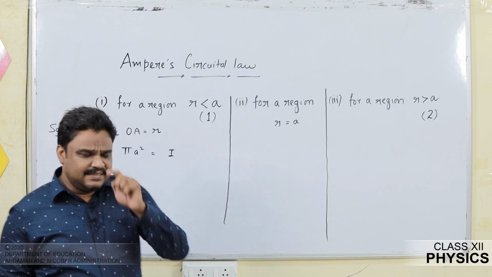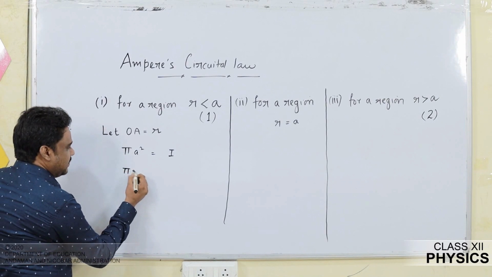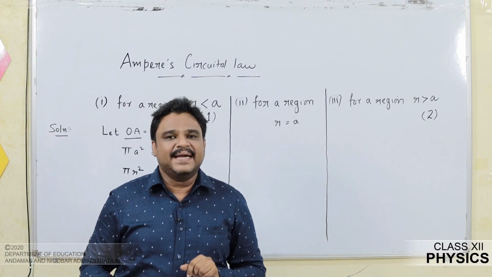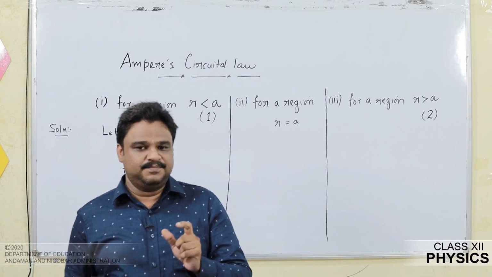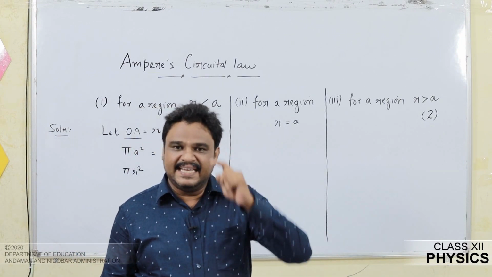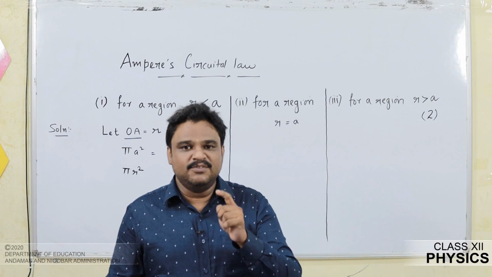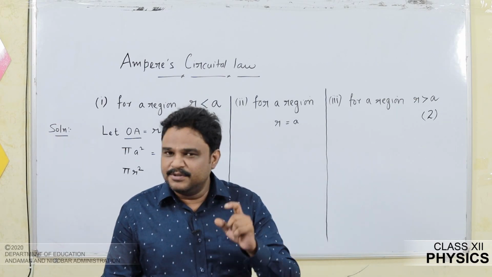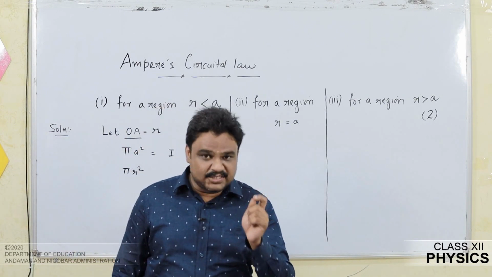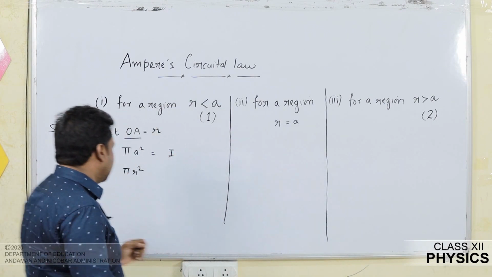Now obviously the region you are able to see, if I assume the region OA, the area through which the current will thread will be pi r square. Surely the value of current will vary. So that is the main thing that you should note in this question. A current I flows through an area pi A square, but my aim is to find the magnetic field for the region 1 as marked in the figure. So obviously the current threading will be different. For a region pi A square the current threading is I. So for a region pi r square, what current threading can I write?